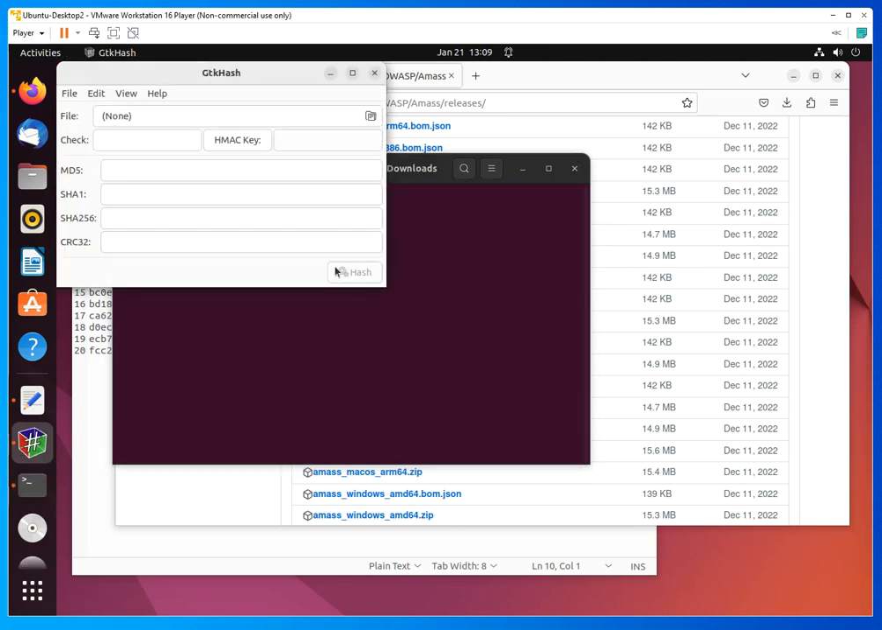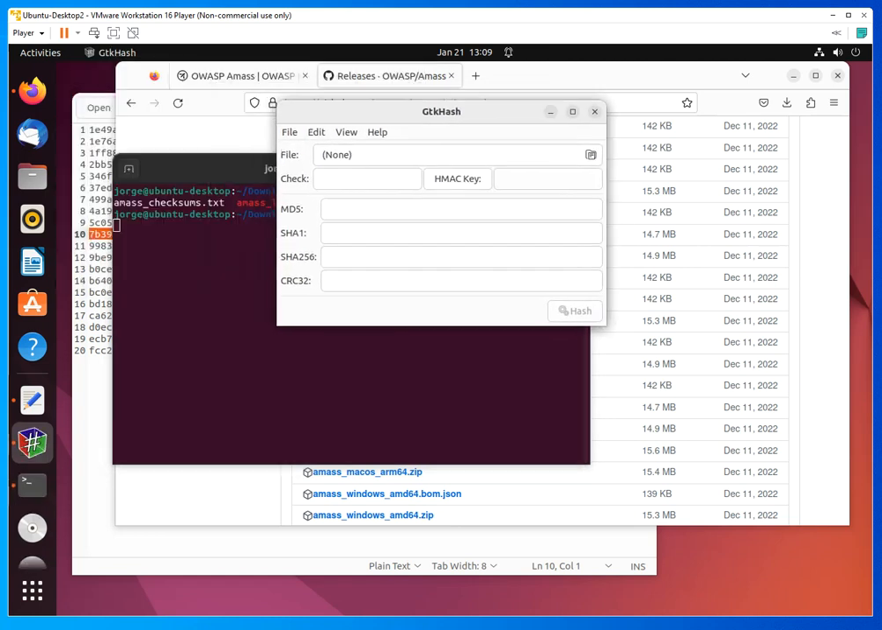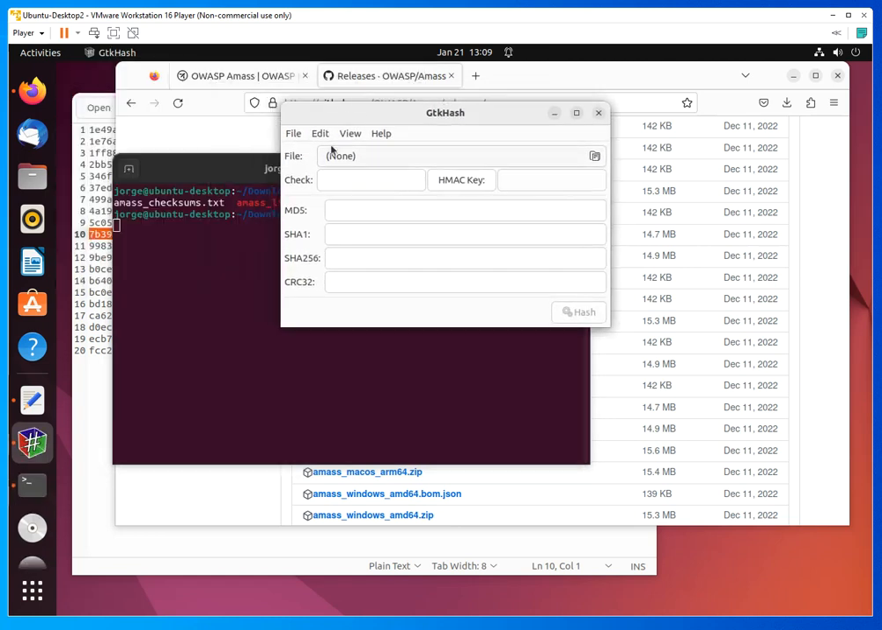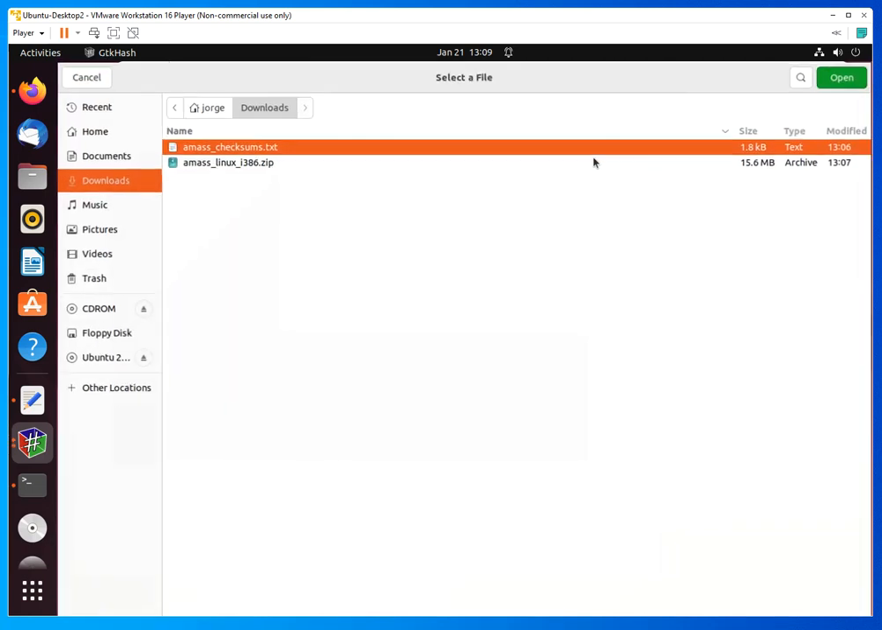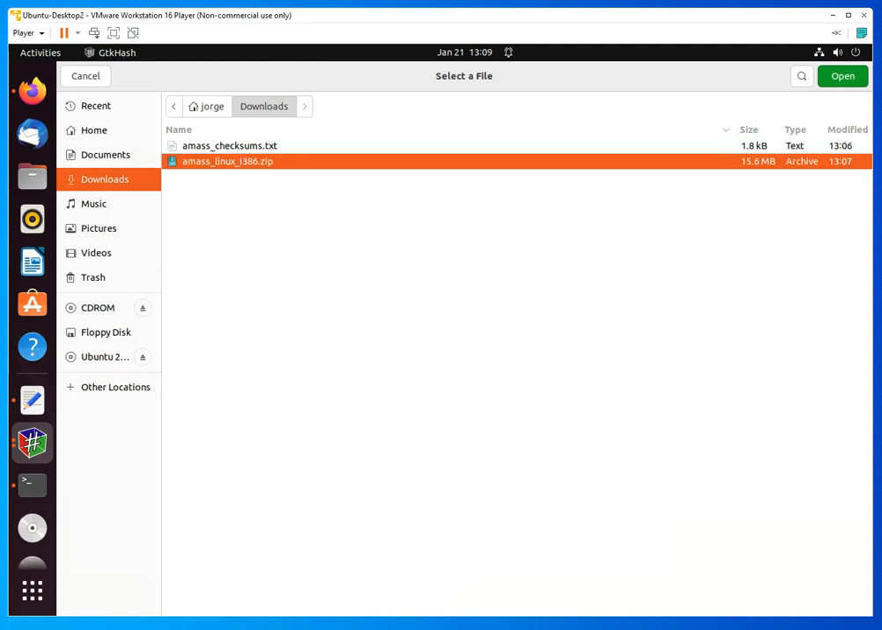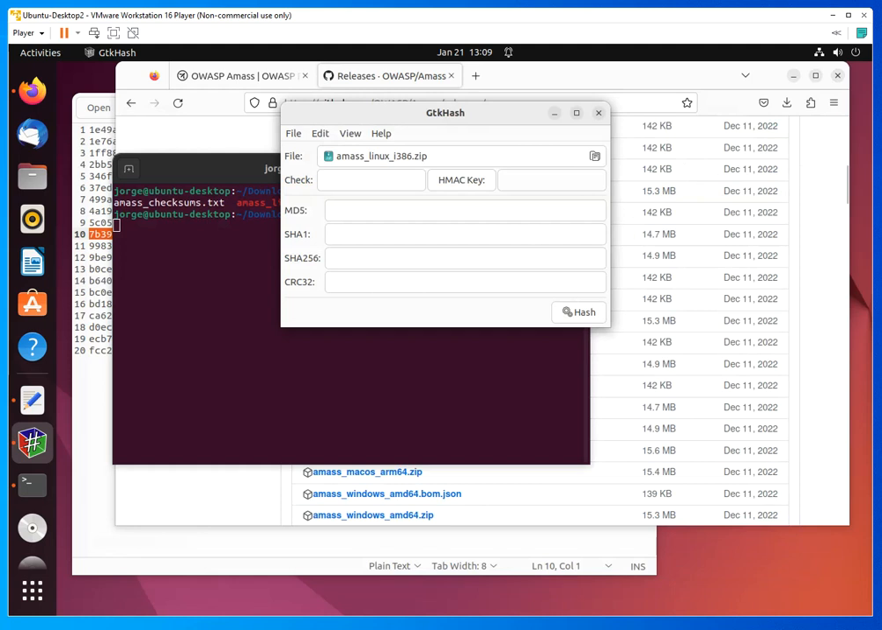So it's a graphical user interface type of utility. It's good if you want to do that, and in this case, I'm going to come down here. I'm going to find my zip file. I'm going to open it, and then you can decide whether you would like to compare that